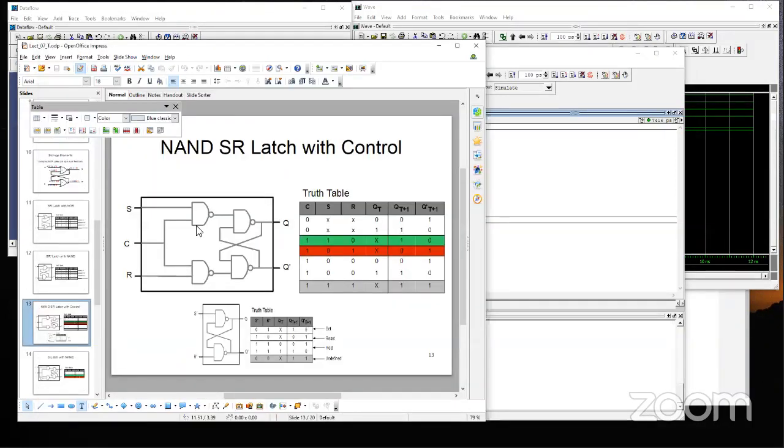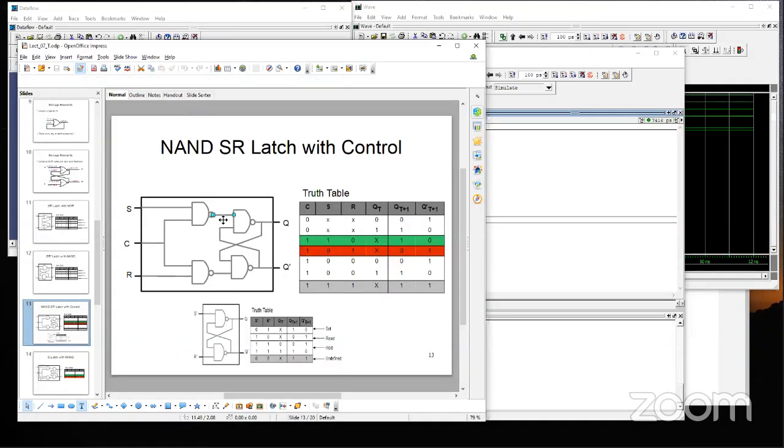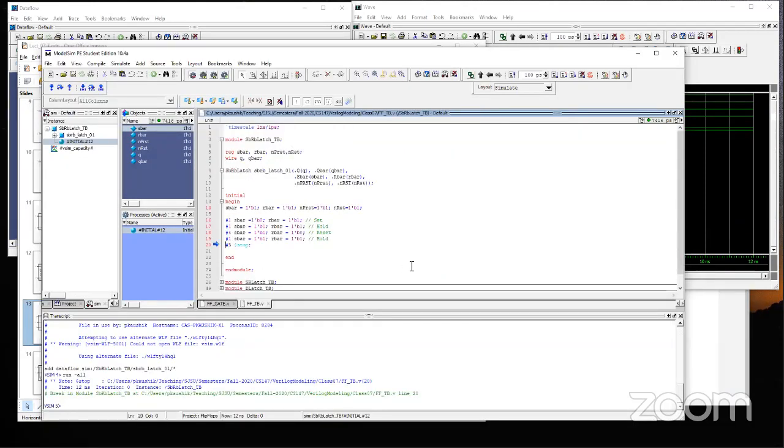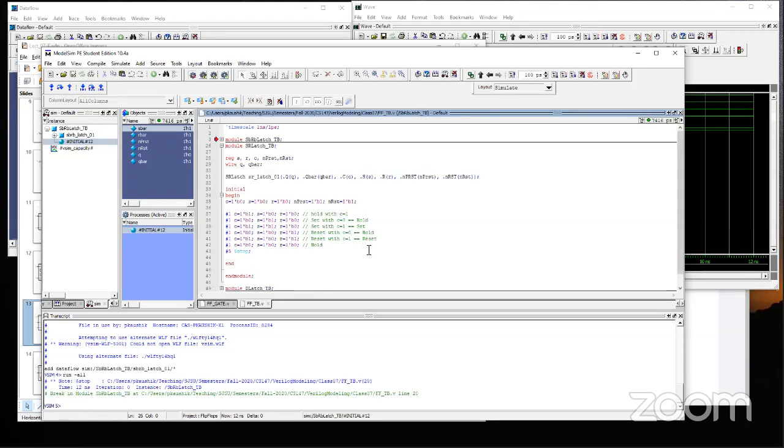These two NAND gates were introduced, and the inner SBar RBar latch is instantiated. That's what happens here: two NANDs control the S and R, and that information flows into the SBar RBar latch, which is instantiated with its output connected to Q and Q bar. We are picking up that output and input as my internal SBar and RBar, which are these wires.